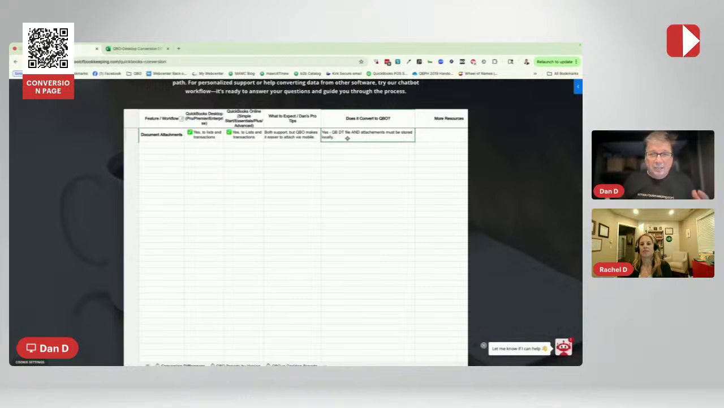and there are some caveats here. So yes, it's available to do, but QuickBooks Desktop and the attachments need to be stored locally. And so this now brings up another conversation of, where are your attachments? So